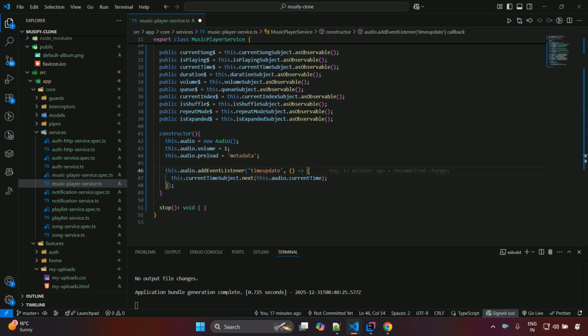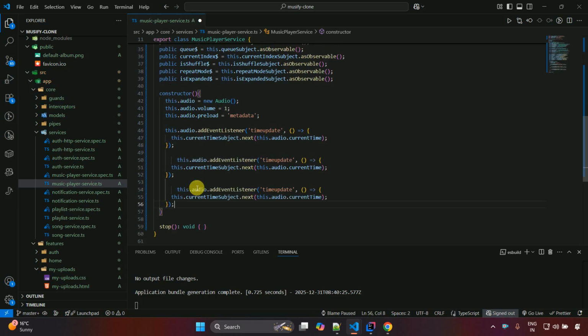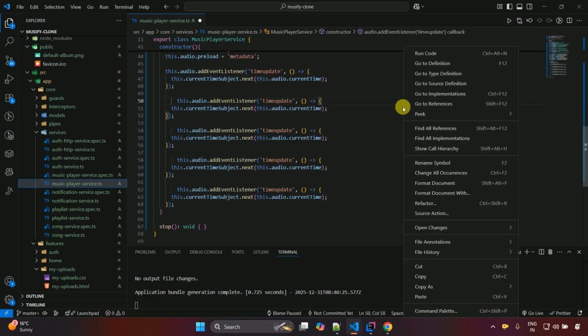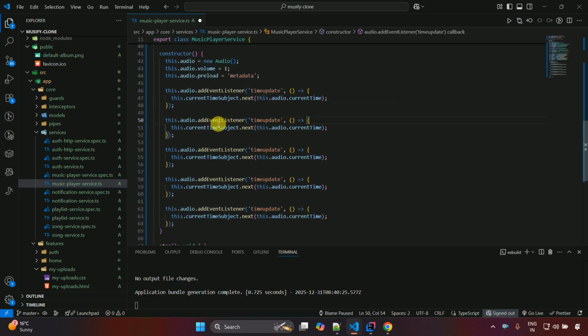In the same way we have to add it for a few more. So I'm just going to copy paste this method 4 more times. So here 1, 2, 3 and 4. Let me format this, and here the audio addEventListener is correct, and here we are going to write 'loadedmetadata', this one we have to pass, and here we have to change this to durationSubject, and here we have to just change this to duration. Other things will remain the same,